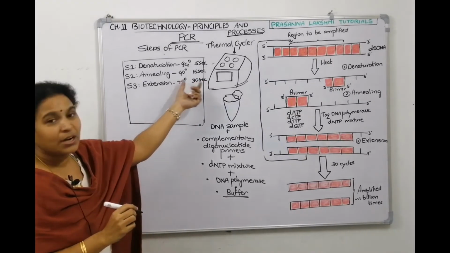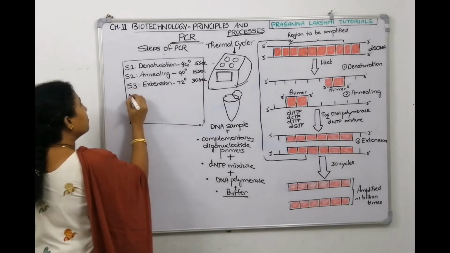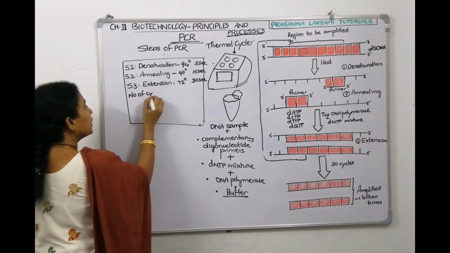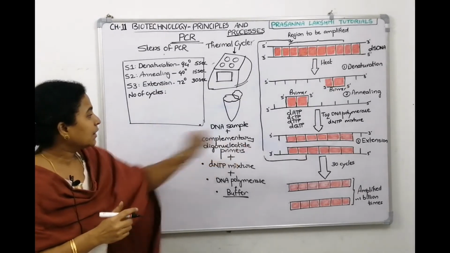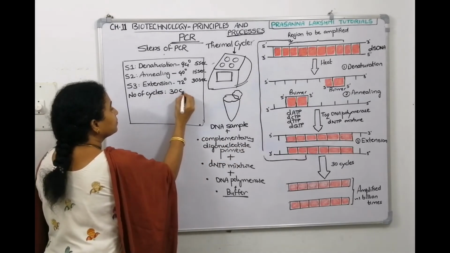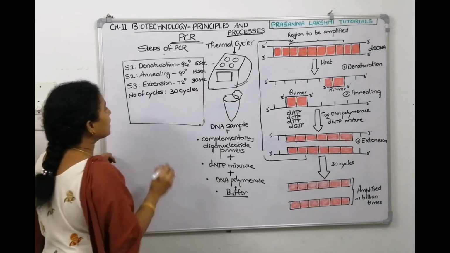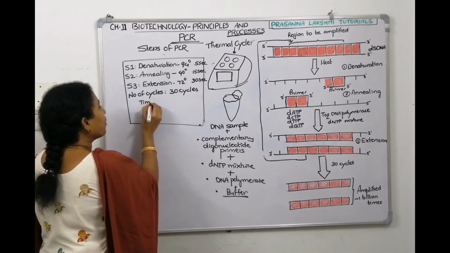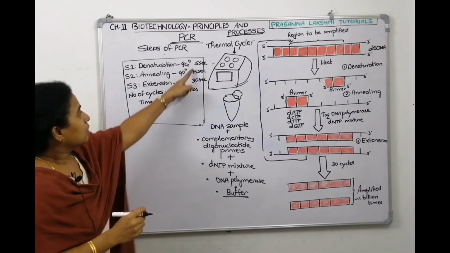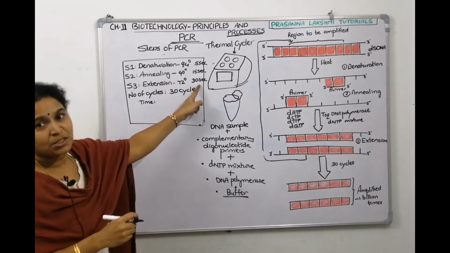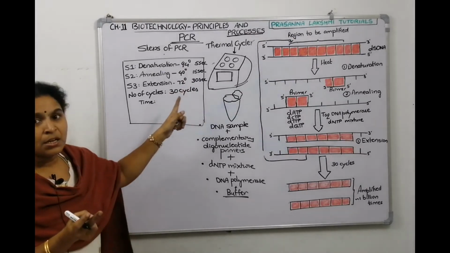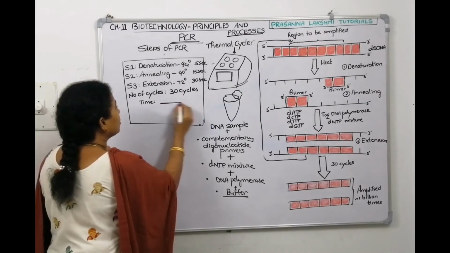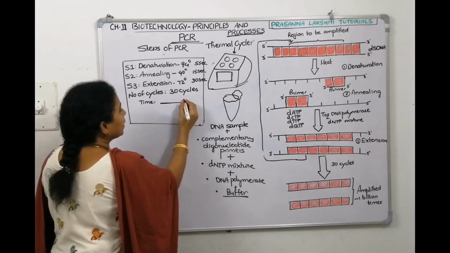After setting the temperature and duration, it will ask the number of cycles. The machine is asking the program for the number of cycles. Tell it you want 30 cycles. Then it will give you the approximate time. 20 seconds and 30 seconds means 50 seconds for 1 cycle, and you gave 30 cycles. So approximately, it will give you the time duration, roughly 15 to 20 minutes.